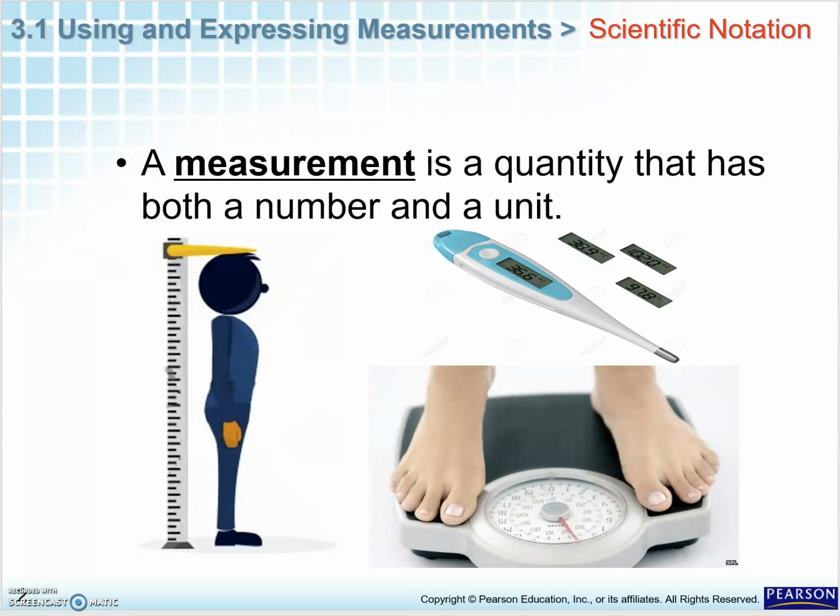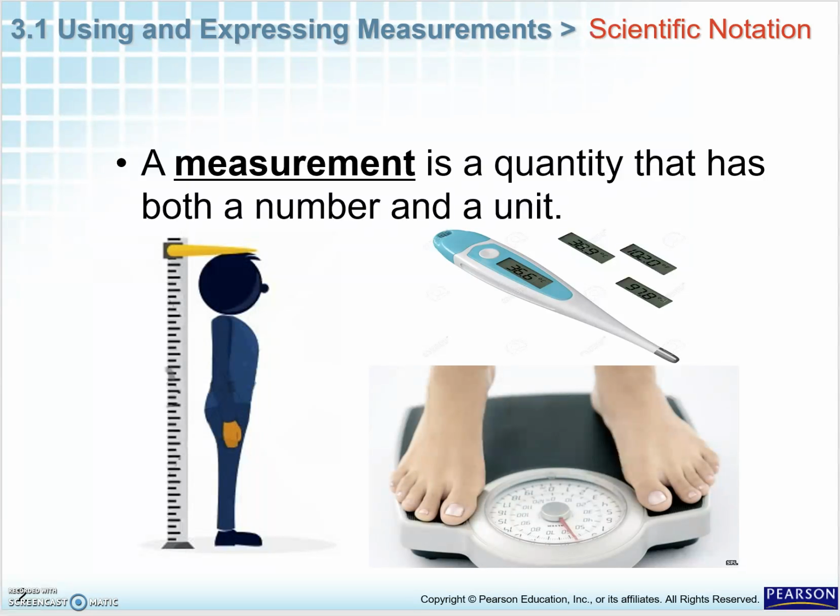So a measurement is a quantity that has both a number and a unit. For example, if you were to say that you were 5'7", that could be 5'7" kilometers or 507 cells. You don't have any unit. So the unit is really important, and it is going to be a requirement for all labs thus far, or